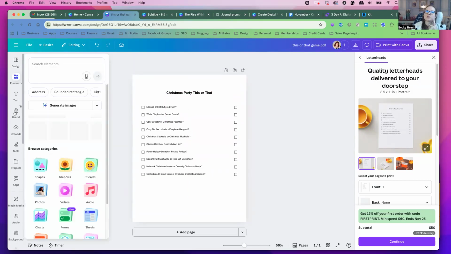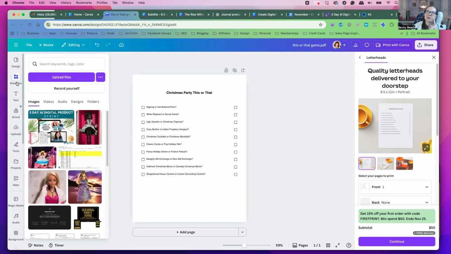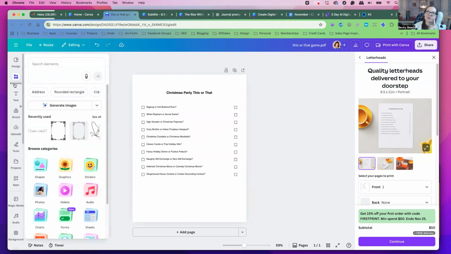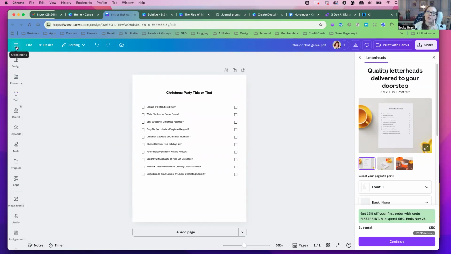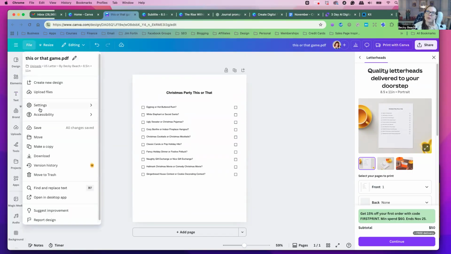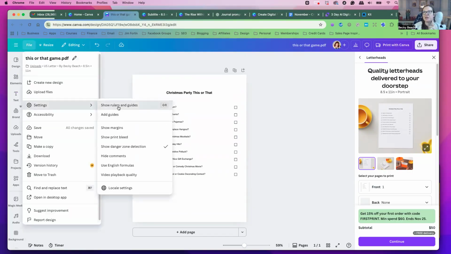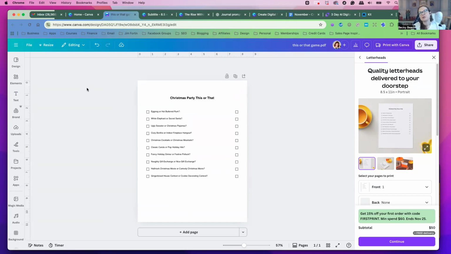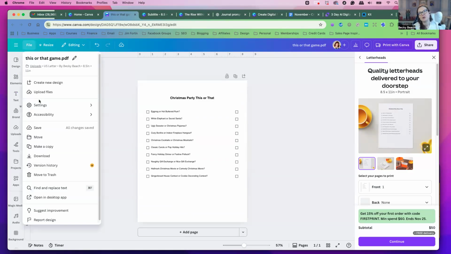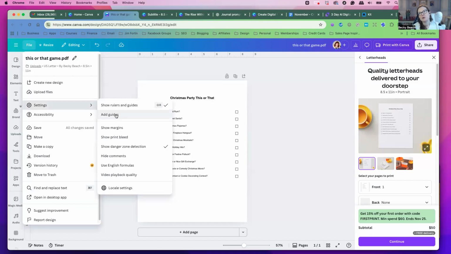Then I want the margins, because if I were to make this a whole big book of games, like maybe I have a whole big book of this or that games with different themes, like different holidays and stuff, I want to later self-publish it on Amazon, that way I won't have to redo all my printables. If I sell this on Etsy and Amazon, because I have like 60 books on Amazon that I've published, and a lot of them are also printables. They started off as printables, and that way I get double content. I get a printed book and then a printable.